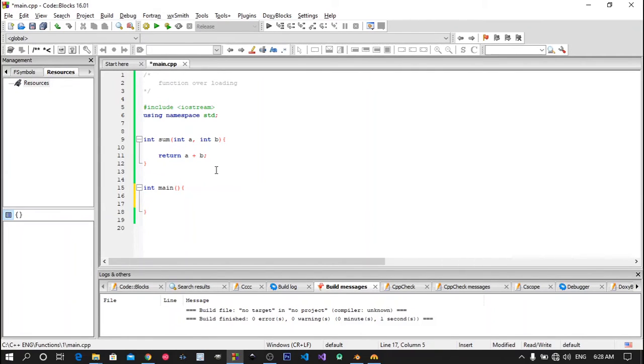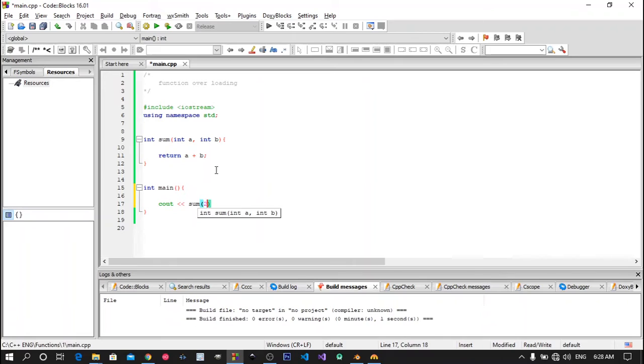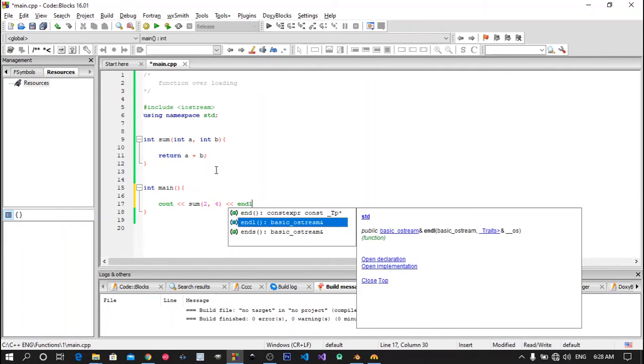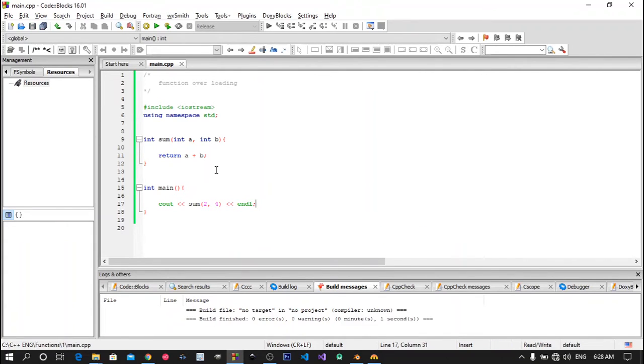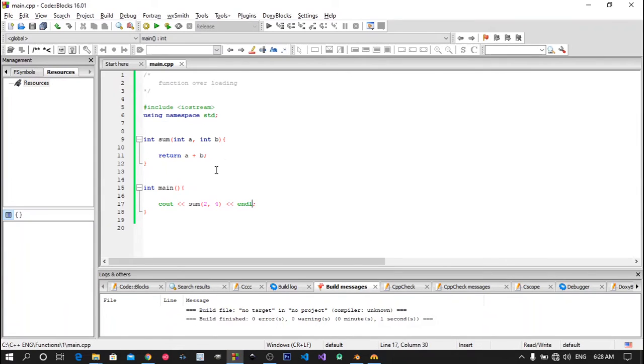Let's see an example, cout sum 2, 3, 4, endl. If I run it, it's going to give me 6, but if I change it to 1.2 or